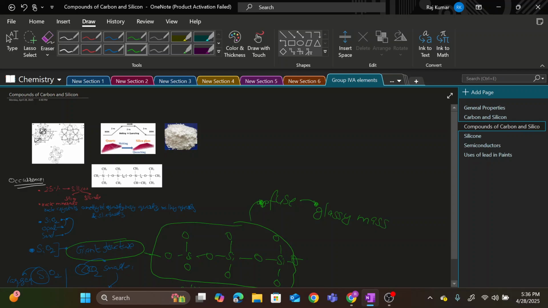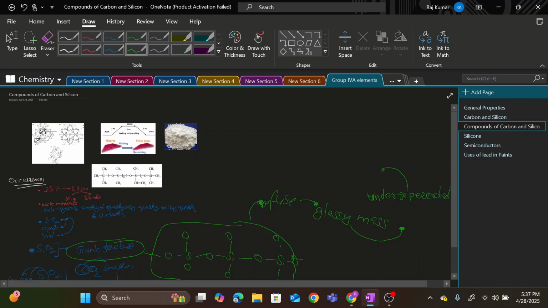That glassy mass, when it is supercooled, is going to produce a silica glass